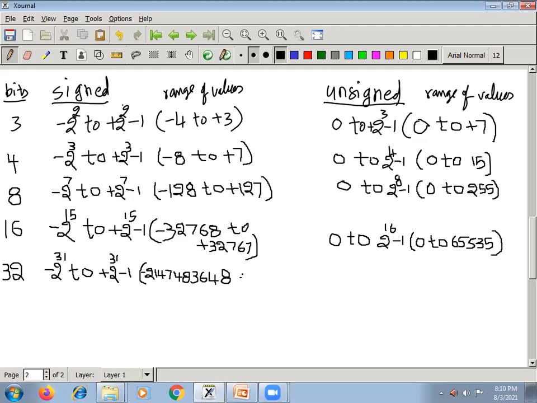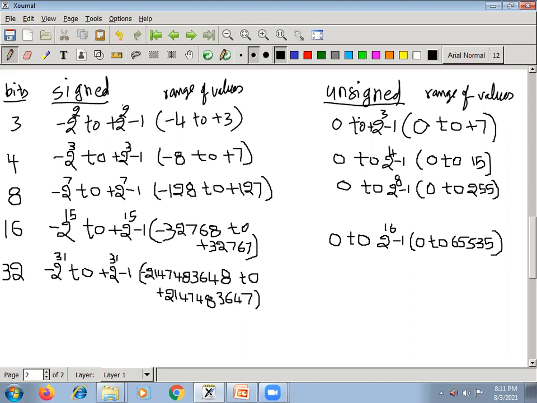If you practice, write down all these numbers on a sheet of paper. I told you to stick this range of values to your door, and every day early morning you have to learn these numbers by heart. On the positive side, what is this number? It is 21, 47, 48, then 36, 47. This is how you can remember this value.